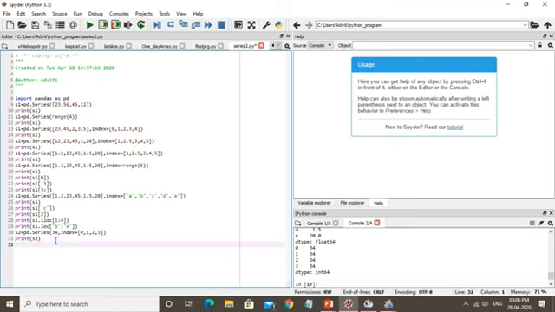I'm copying the same S2 Series function, Ctrl C, and pasting it here with Ctrl V, and then we define index equals range, from let's say 0 to 3, and then close the parenthesis.